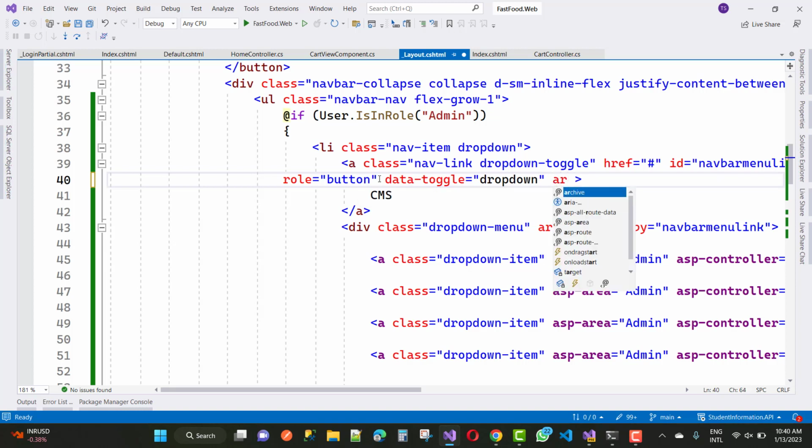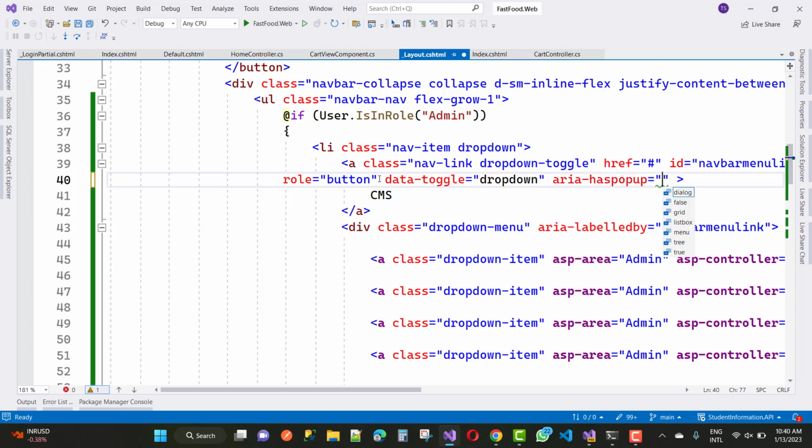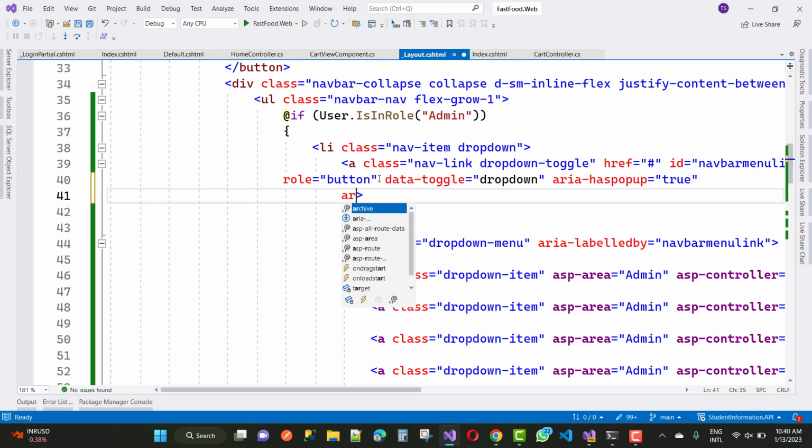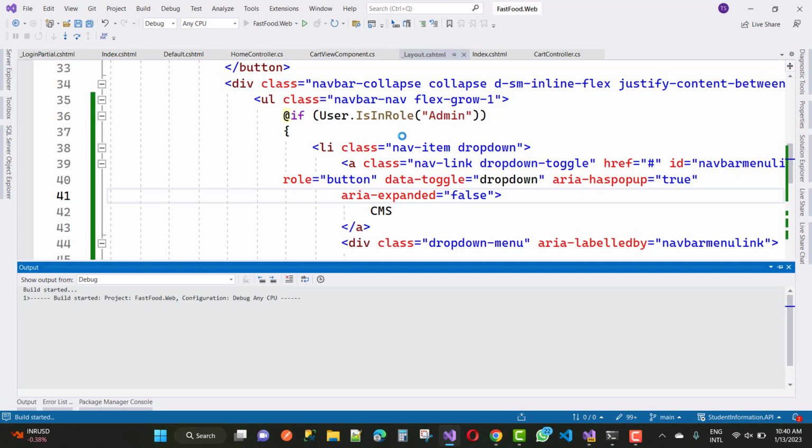aria-haspopup is true, sorry, it's true. aria-haspopup is true, and the next one is aria-expanded, so that is false. So aria-expanded is false. Okay, so data-toggle is dropdown, so when we click on the link, that is the CMS,